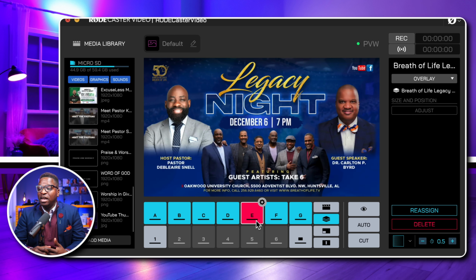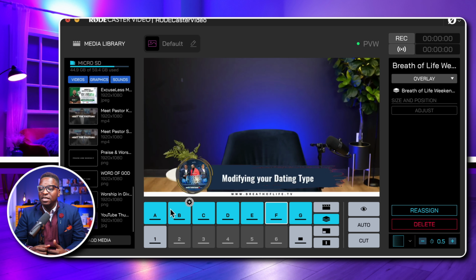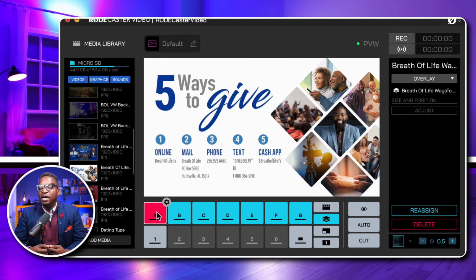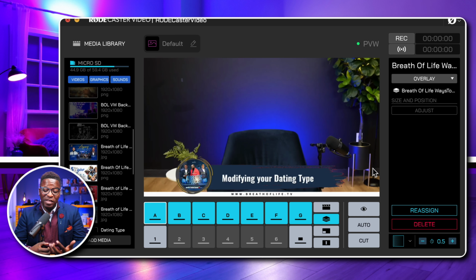And you can actually assign the button on the extreme right. And so if I click on any of those buttons, you'll be able to see that during the production. So again, this is kind of that Stream Deck functionality that I was talking about. And then you have the ability to do auto and do your cut here, all from Rode Central, which is